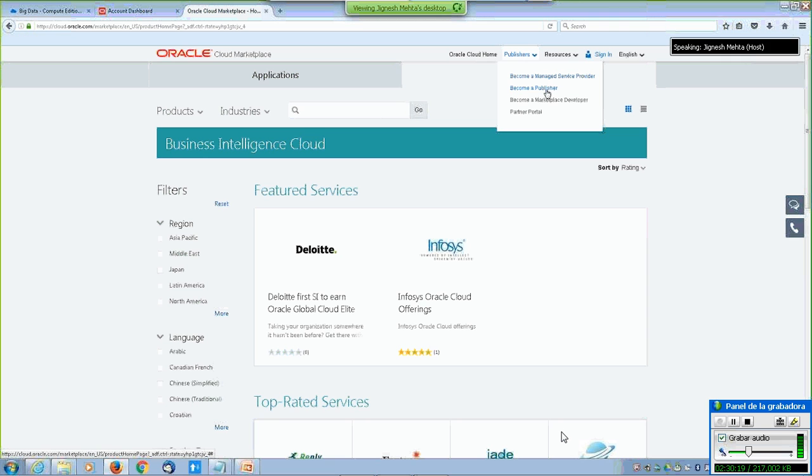When you request to become a publisher, you will automatically be enrolled and put in a process to follow certain guidelines and prepare documentation and material. So there are some requirements to be listed on this marketplace. You will be informed of those requirements, and one of our team members will help you through the process to get published, right? And the requirements are real in the sense that we want to make sure that you are